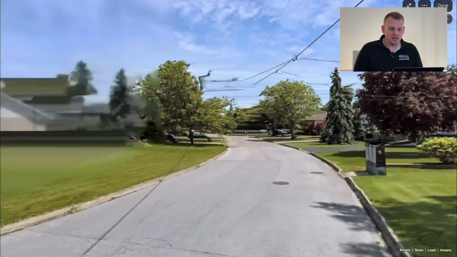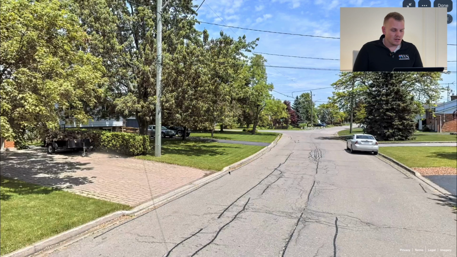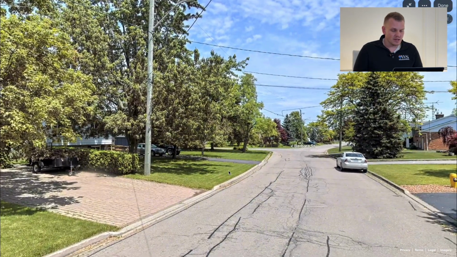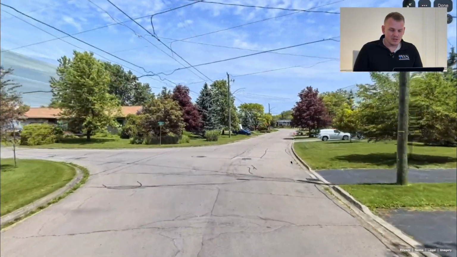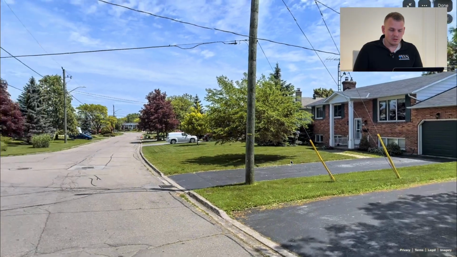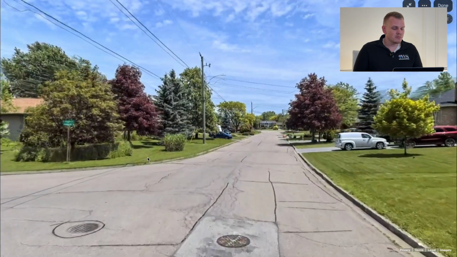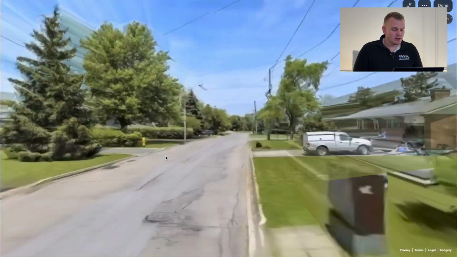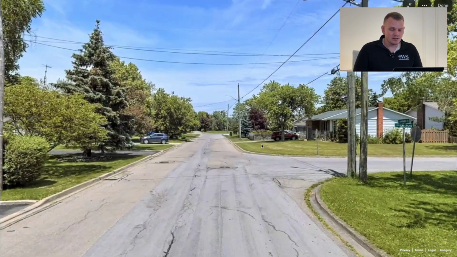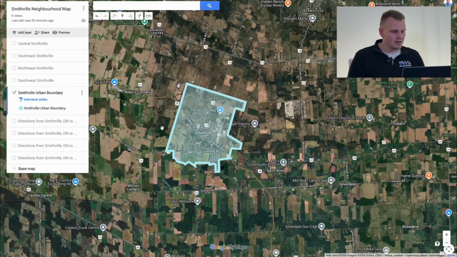So this is Killins Street here. The houses are a little bit older. This neighborhood's just more mature, and the houses reflect that style, just with the older exterior finishes, but still nice homes. Generally, you're going to find homes that are about 1,000 square feet, bungalows, maybe a little bit bigger if it's a two-story. But this neighborhood here, this is going down Barbara now, so some of the bigger lots are down here. Just mature trees, and Brooks Circle is just down here. So if we go back here